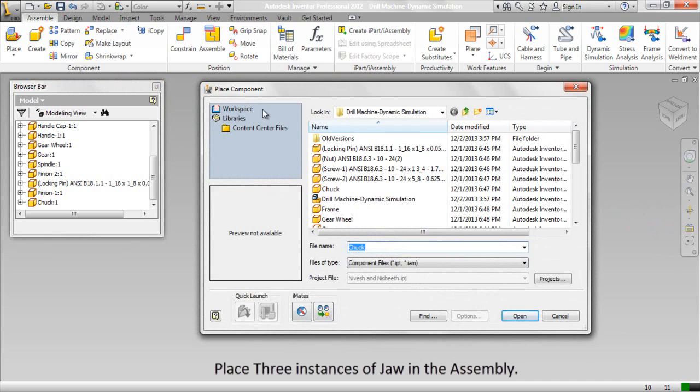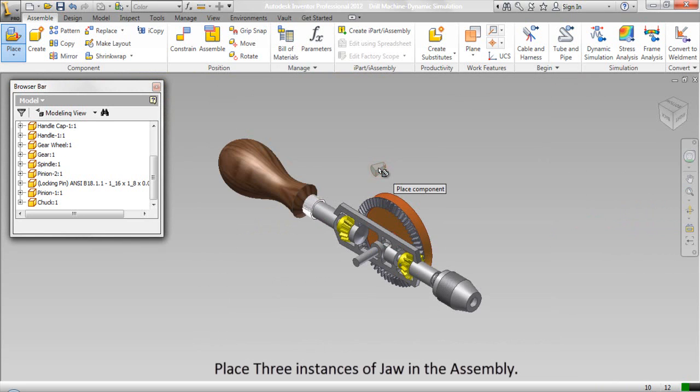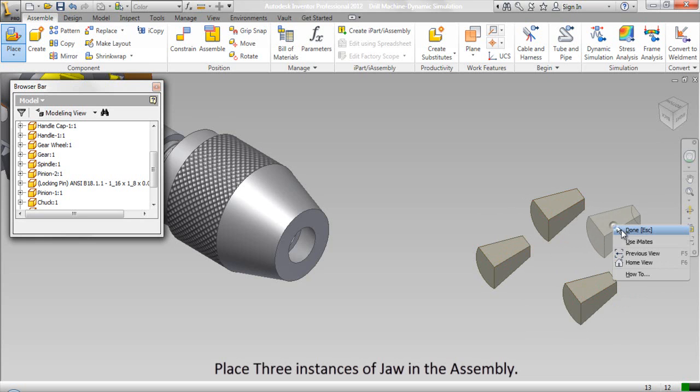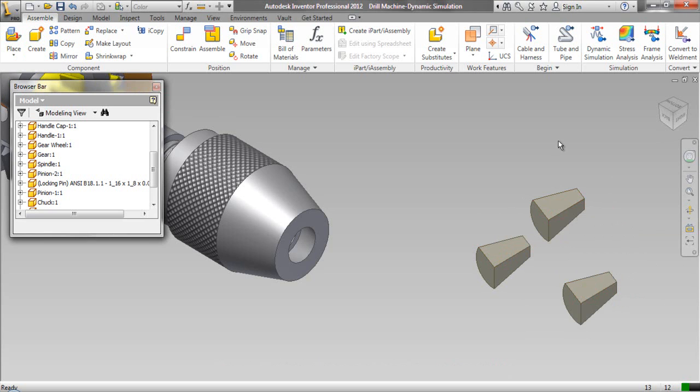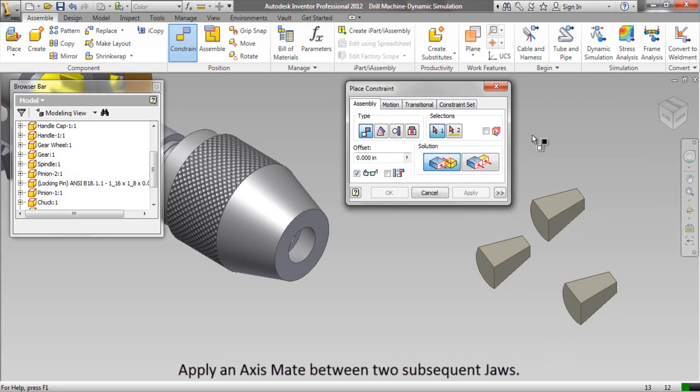Place 3 instances of jaw in the assembly. Apply an axis mate between two subsequent jaws.